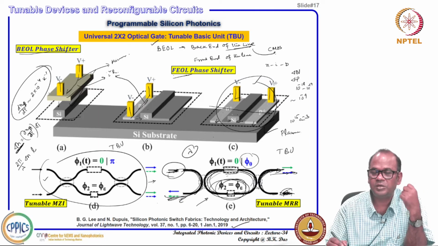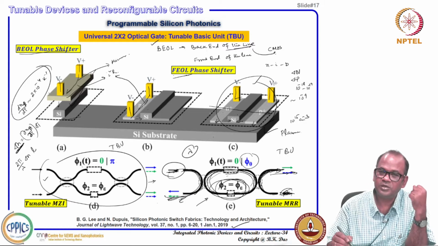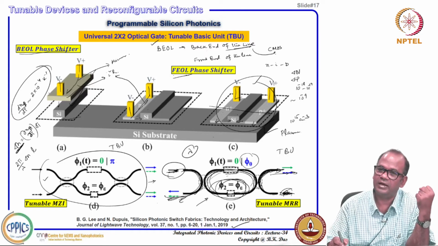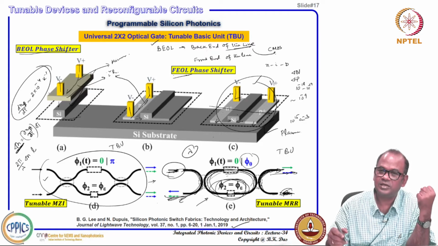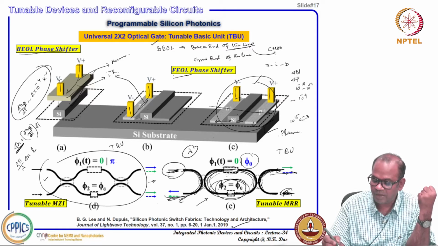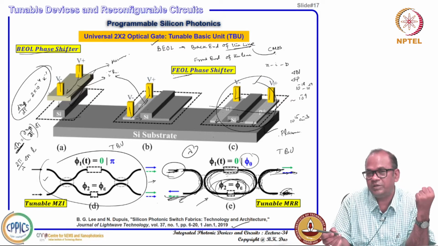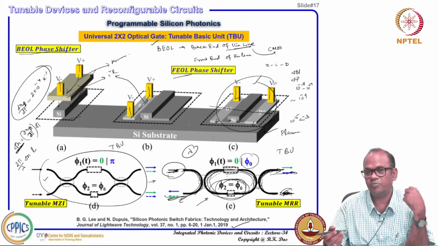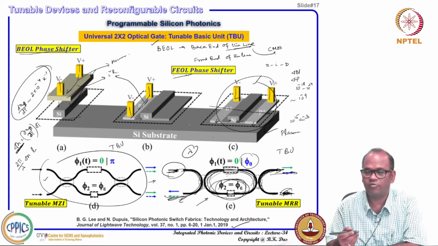For high speed modulation purpose, you need high speed carrier drifting away from the core of the waveguide. So, I will be discussing in the next class in detail how this refractive index change happens, how it is dependent on free carrier and wavelength dependencies, etc., and how that can be translated into demonstrating different types of photonic modulator in